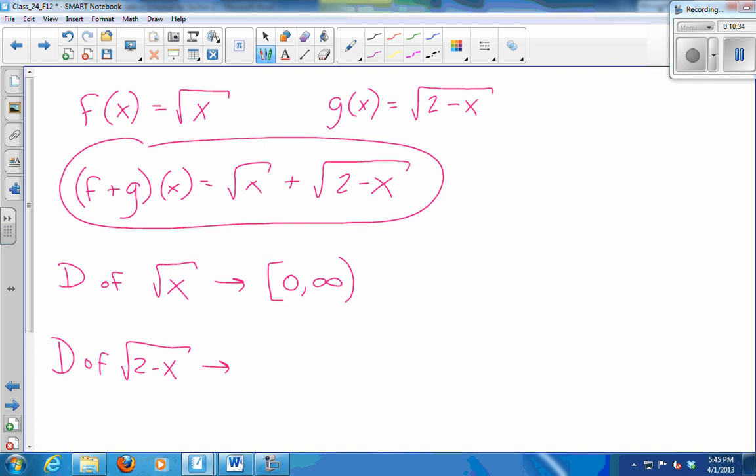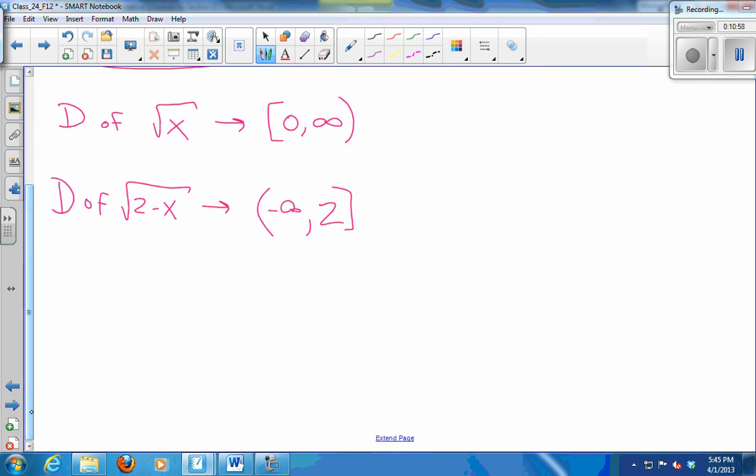Say that again? Nothing above 2. 2 is the biggest number I can put in, because then you'd have 2 minus 2, which is 0. Anything bigger would make the thing under the square root be negative. All right, so if I graph each of these on a number line,